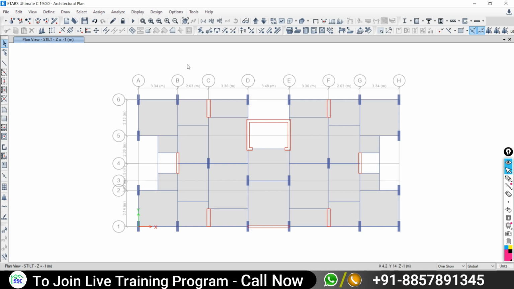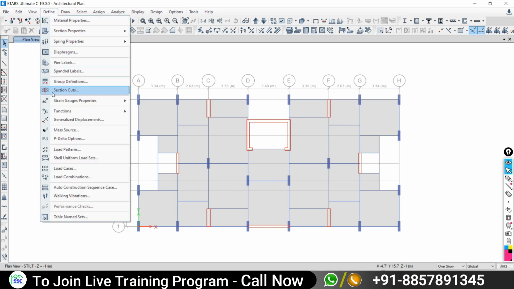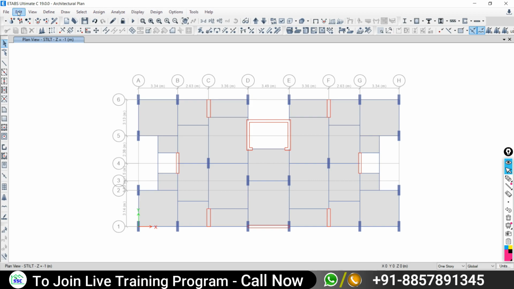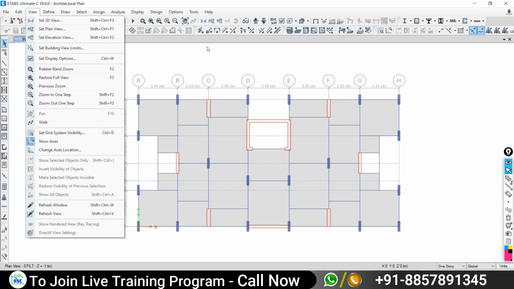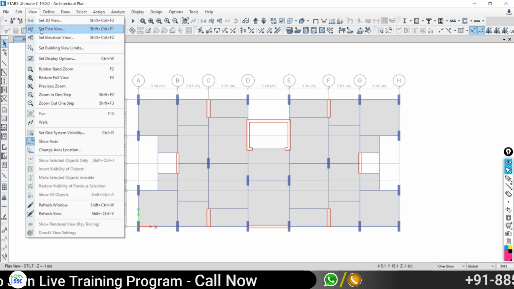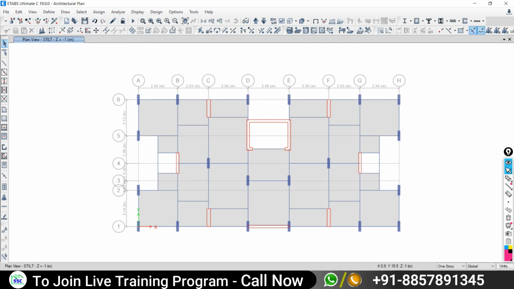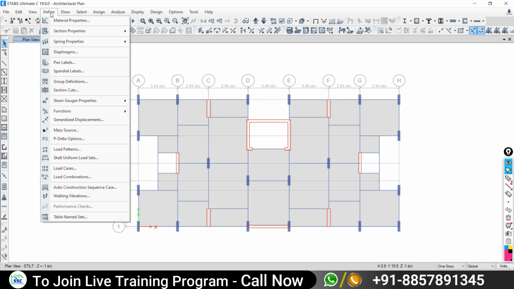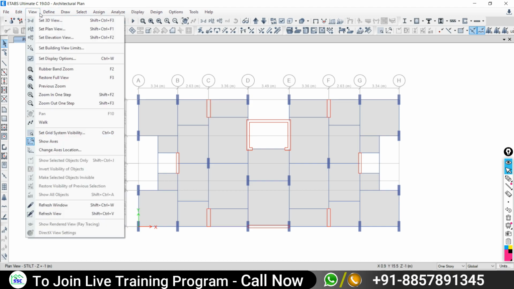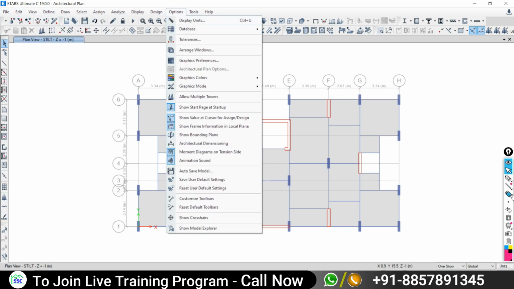It is nothing but all the options which are available in the top main menu bar. Some define options are available here, all the editing options are available here, all the view options. It is nothing but all the things present in the top main menu bar.